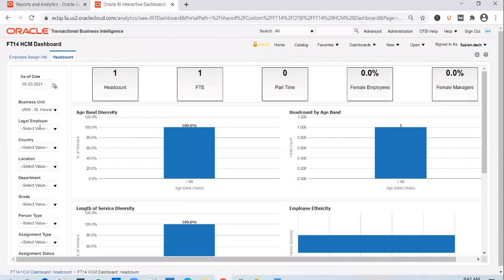So what you need to do is edit the dashboard prompt, make the change you want, and instead of doing a save, you have to do a save as. Once you save it with a custom name, you come back to the page, take out the seeded dashboard prompt, and plug in the custom dashboard prompt that you created. The same approach is applicable for other changes as well. Okay, let's go ahead and do a couple of changes to give you an idea.